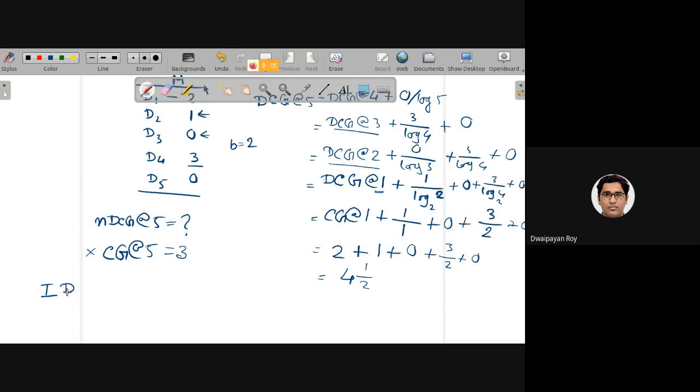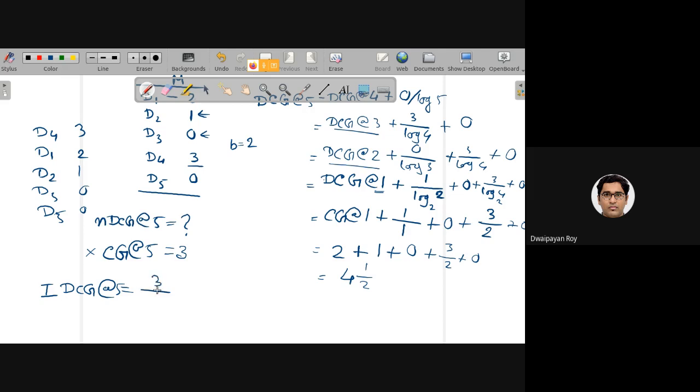Now the ideal DCG at 5 is when it is ranked in this manner. First 3, when D4 is retrieved, then D1 is retrieved, that is 3, 2, then D2 is retrieved, then D3 and D5, 0, 0.